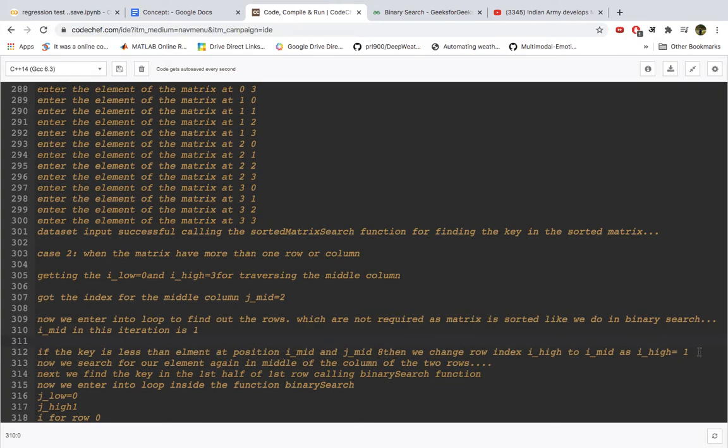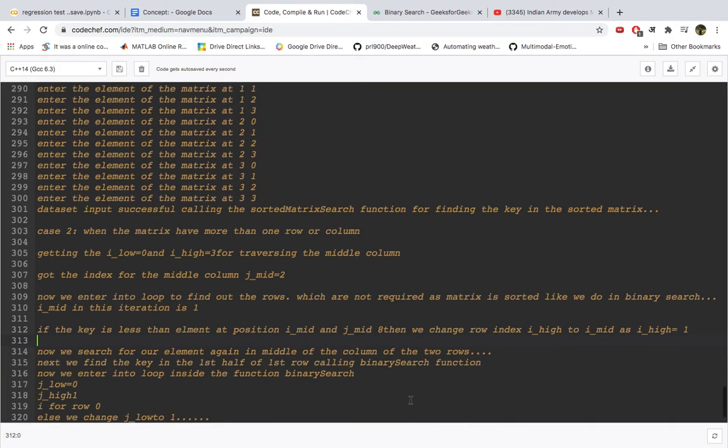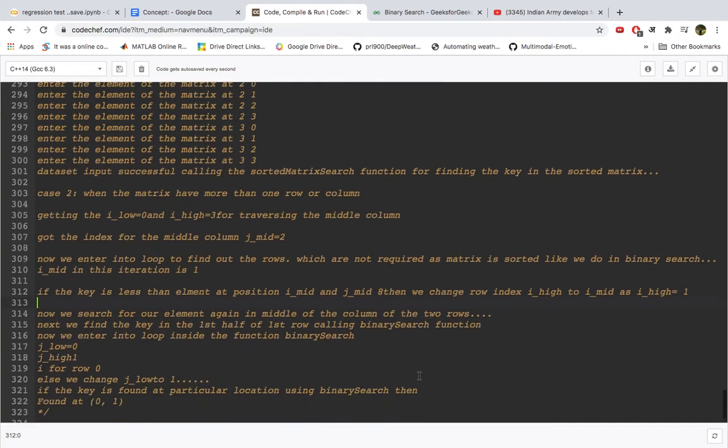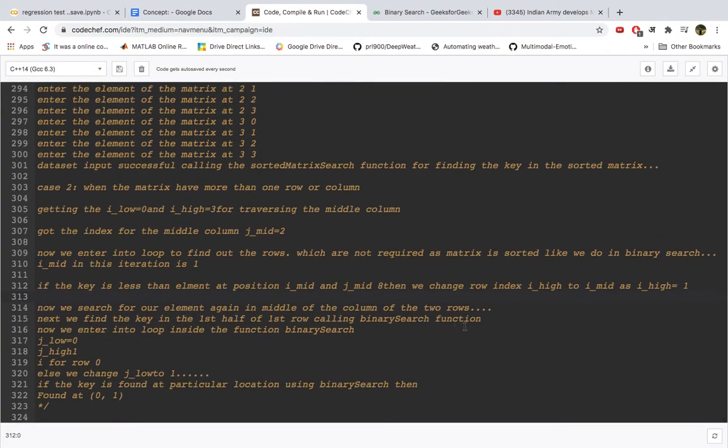So in that case i high will be brought back, because that much is not required data. We don't need to go to the other arrays. So 0 and 1, that is the two rows we have found out. It will be in the first half of the first row, it has gone ahead, and 0 1 is for column handling, i is for row. So the first row, that is i equals to 0, and finally it will find it at 0 1.